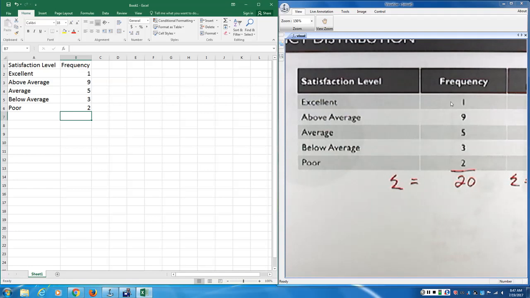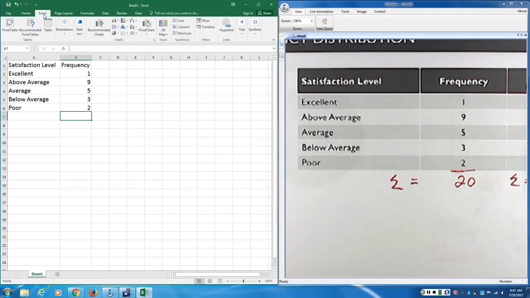So all I've done is copy this frequency table into Excel. Now you can format it and make it look pretty. Right now I'm not worried about doing that. I'm worried that you get just the basics. So if I want to make, for example, a pie chart, then I'm going to go to the Insert button,